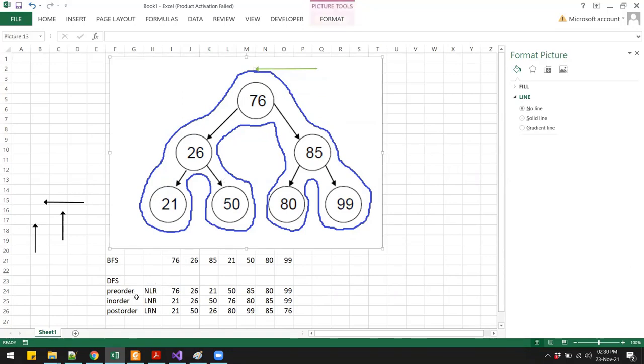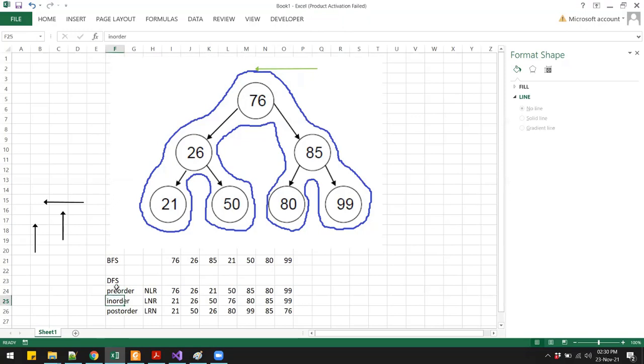So these are the three different ways of searching using the DFS method: pre-order, in-order, and post-order. BFS is only one, which is this level order. So that was the theoretical part. Now let's try to write the code to print this sequence. Now whenever you are trying to print the data of a binary tree or any tree for that matter, then you are always going to use the previous two data structures that we have seen, which is the stack and the queue. So let us first try to print using this DFS method.